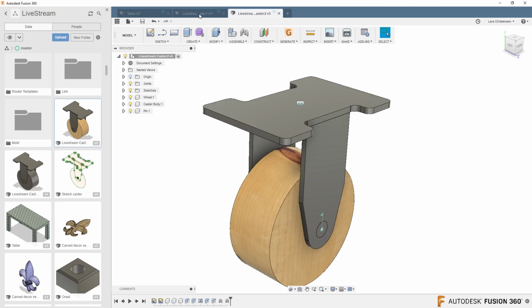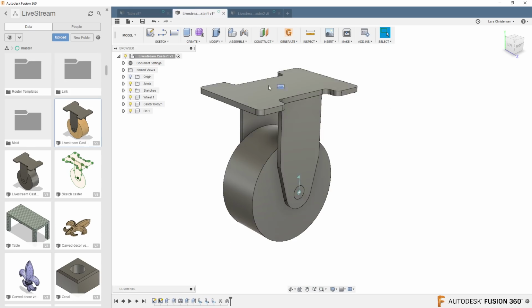These ones are identical in what you see on the screen here and what you see over here, but not what you see down here at the bottom in the history tree. And this is where rule number one can become important. Again, this is a very light design, but let me show you what happens with the two different ones. If I go ahead and say I want to save out this wheel body from caster number one,